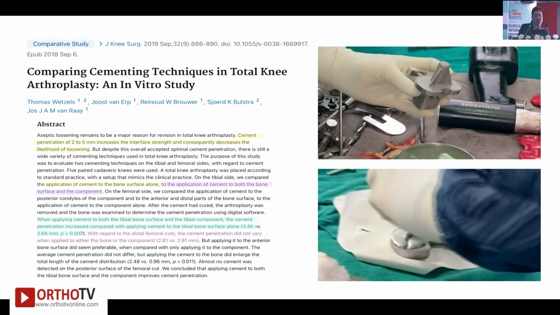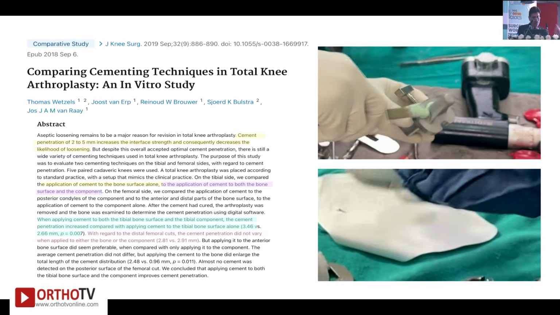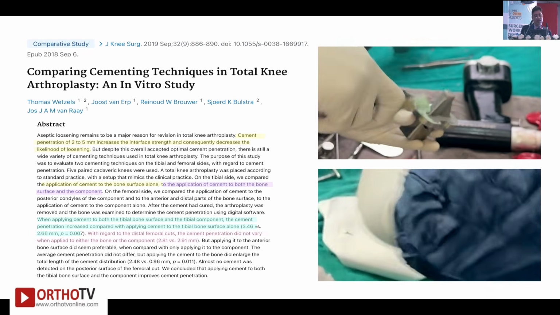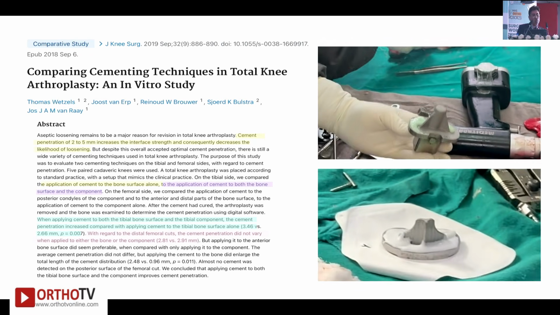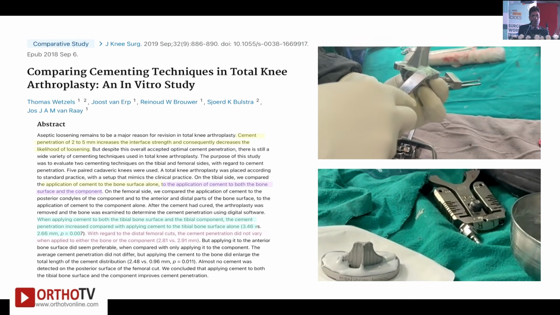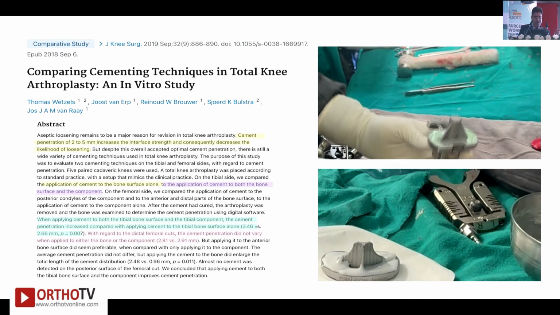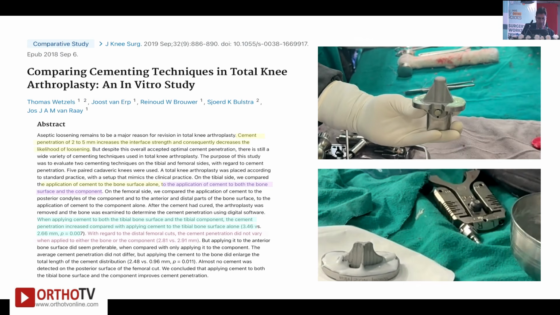So we have just devised, observed and learned that if you apply the cement, especially on the tibial base plate, in a more liquid form, it holds well. And there is lots of debate about applying the cement on both surfaces or only the implant. If you look at this study, there is a difference of penetration by 0.5 mm if you apply it on